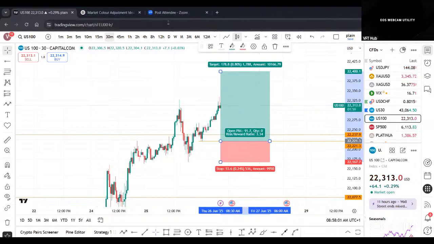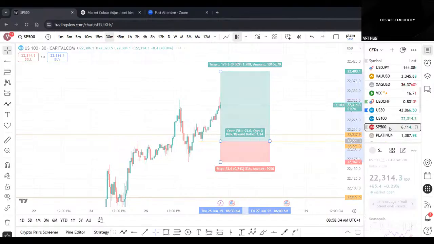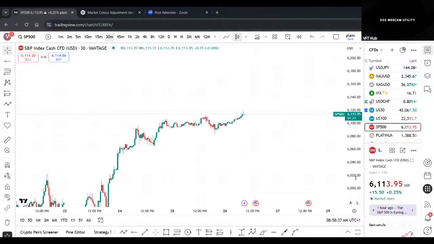So this is what I'm looking at this morning, side by side along S&P 500, because you have almost the same thing on S&P 500 too, right? I'll be watching out for what can happen, although this rally was a struggle. This rally looks like a struggle; there's not much momentum if you look at this candlestick, but it doesn't matter. We'll be watching this and seeing how price is going to react off of this, right? I'll be using this and S&P 500 as a confirmation tool.